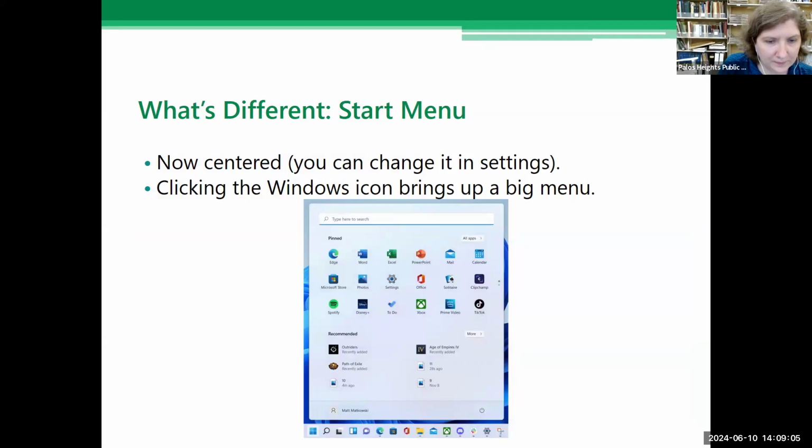You can see the app search window is more centered now instead of being on the left of the page. And clicking on the Windows icon brings up a large menu that looks like that. And it will have your pinned applications, some recommended applications, and also your username on the very bottom left there.